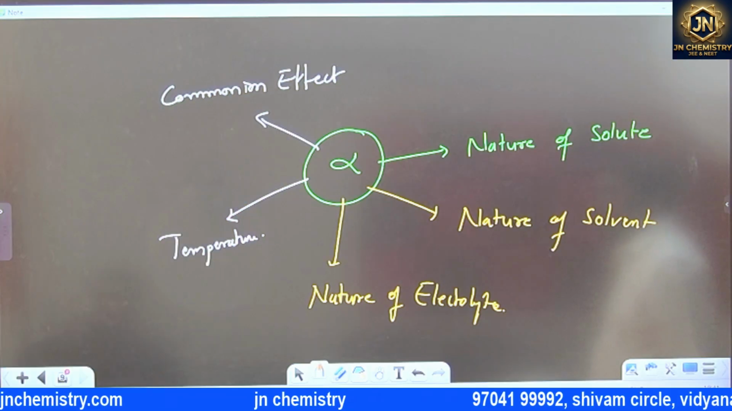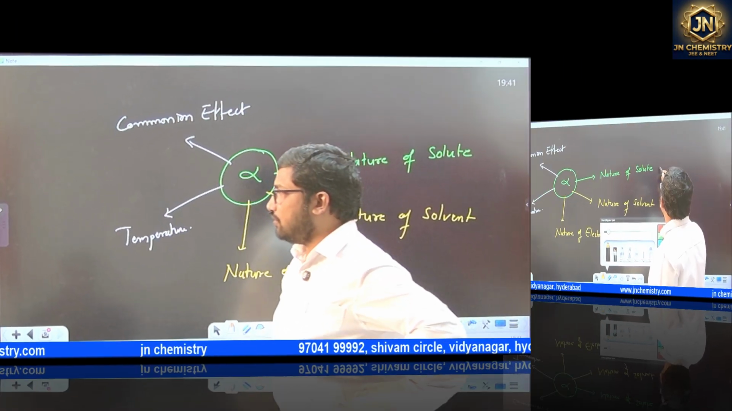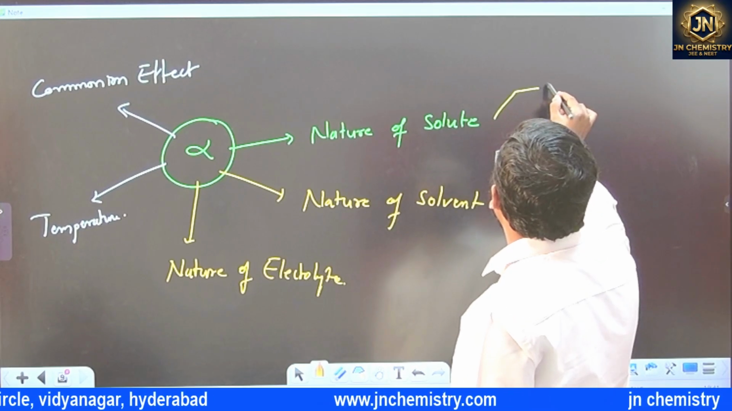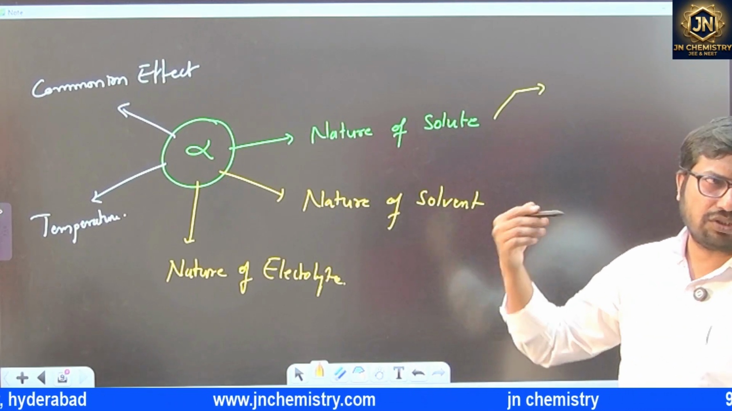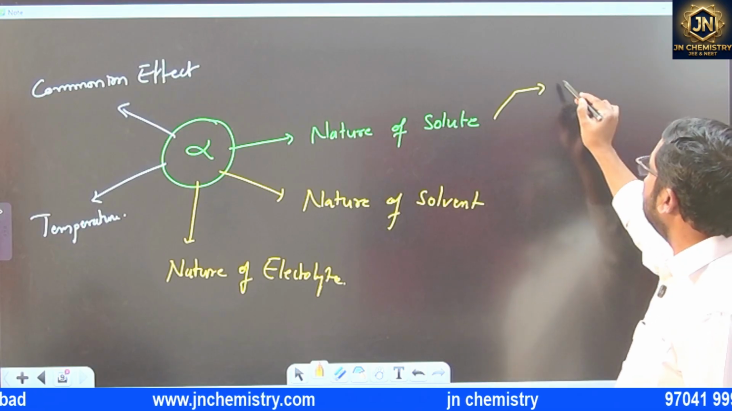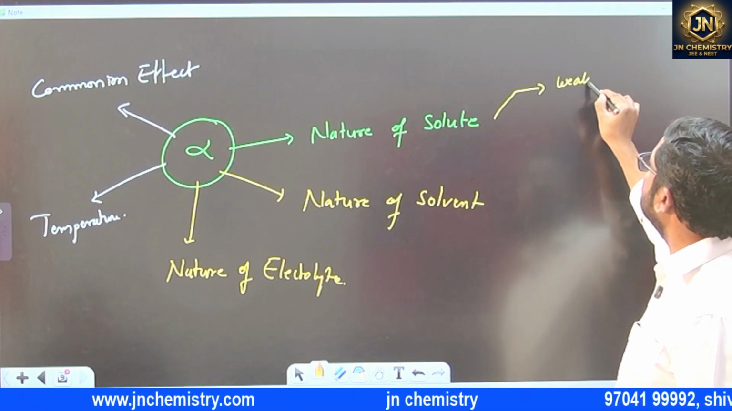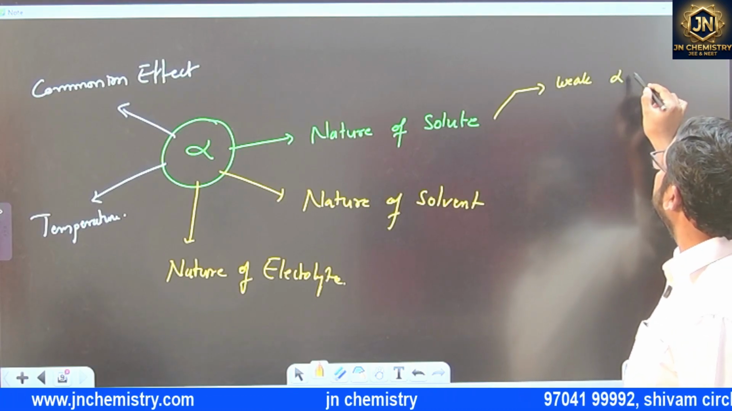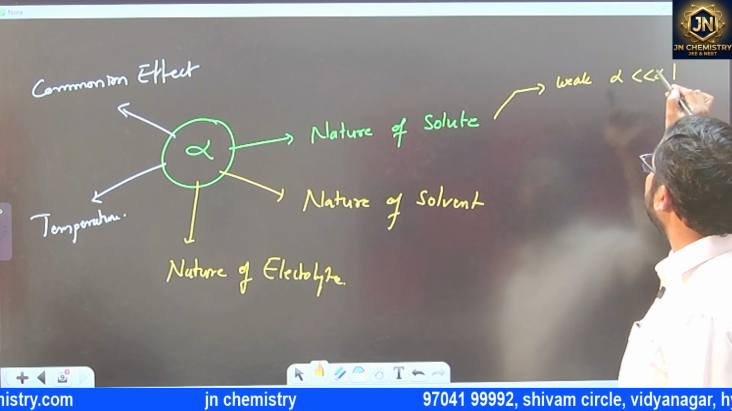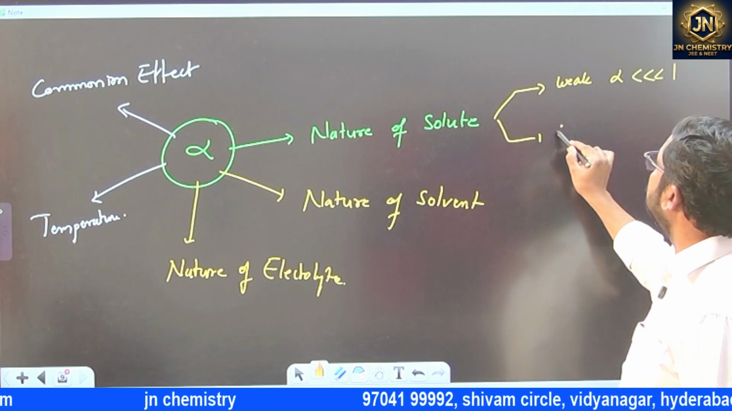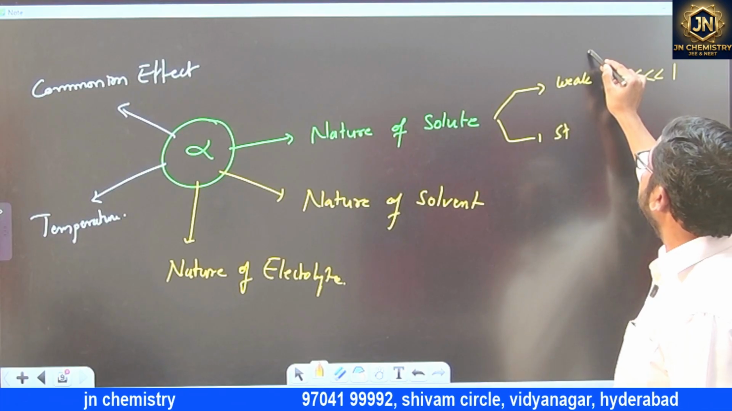The first one, the nature of solute. The solute is a weak electrolyte or a strong electrolyte, anything we can take. If it is weak, alpha is less than 1. If it is a strong electrolyte,